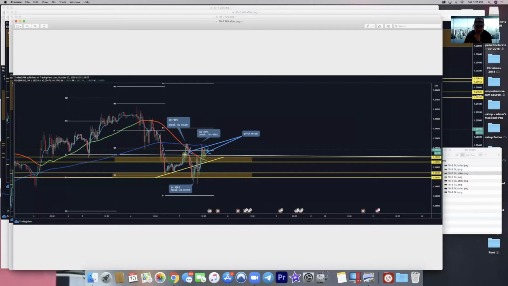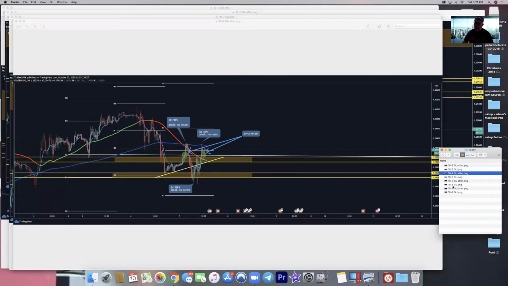This time we have a pivot retest, retested right on this pivot right here, and it went back up 38 pips. Break, no retest, another no retest day. Very frustrating for the retest trader. There's a lot of waiting on the retest trader. So I switched over to GBP